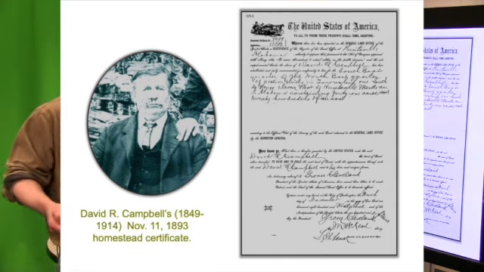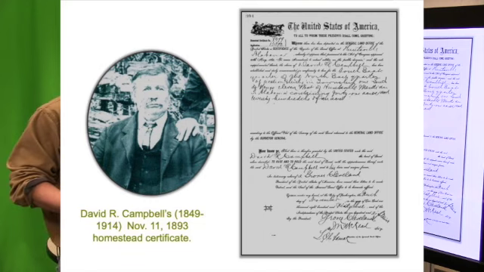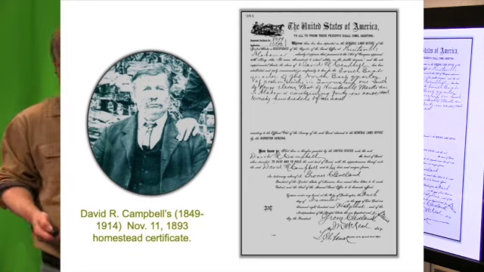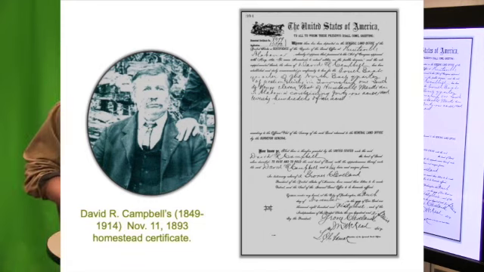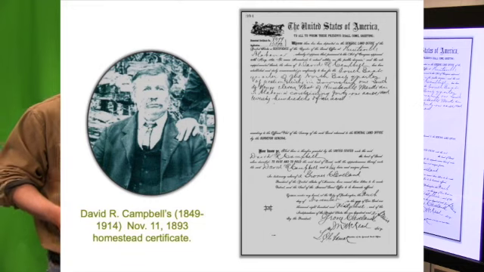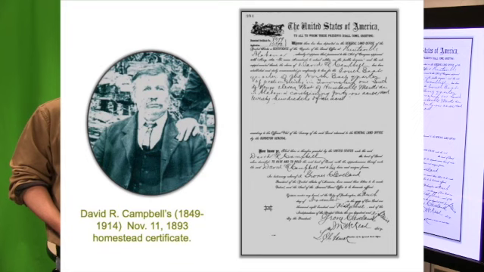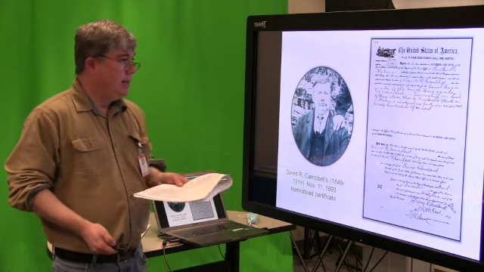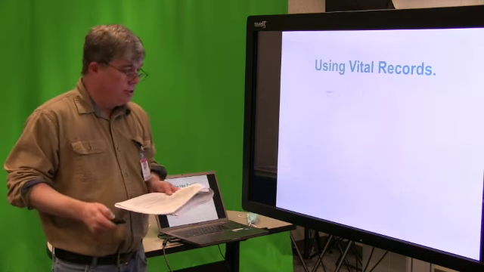They had to be head of a family, at least 21 years old, had to be a U.S. citizen. They had to have never taken up arms against the U.S. government, so no Confederates or former Confederates need apply. And they had to use the land for the purpose of actual settlement or cultivation. They could enter the land upon payment of $10, and no lands acquired under the provisions of the Act could in any event become liable. So you may have an ancestor that applied for land under the Homestead Act, and Ancestry has some of these records.